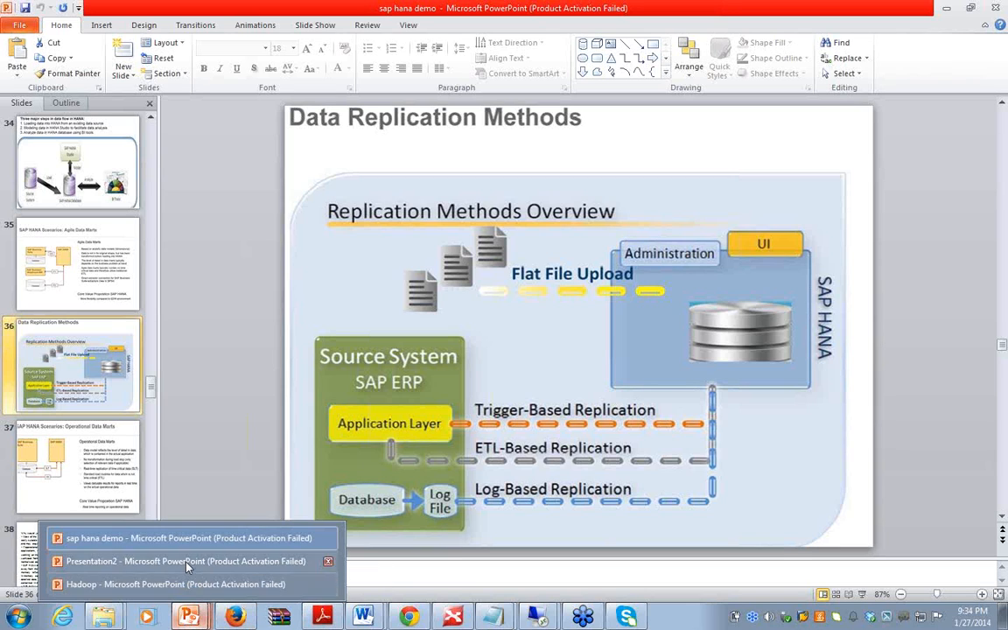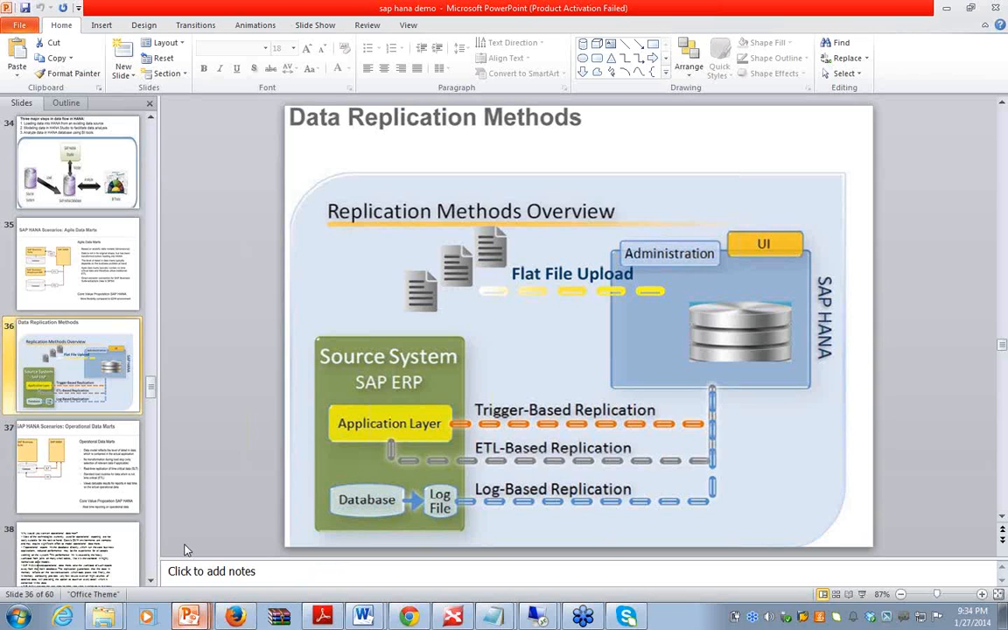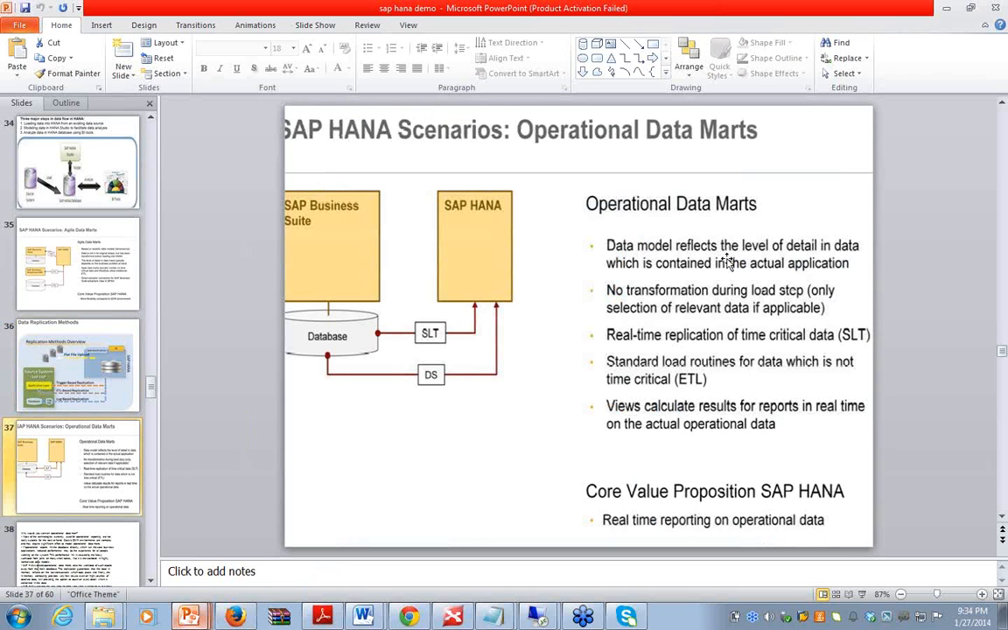The client can adopt SLT when it requires operational data marts to be built in SAP HANA. They need real-time data replicated to SAP HANA at a very detailed level: data at document level, operational data, data at line item level. And what type of data do we require? Real-time data. So in order to implement real-time replication,